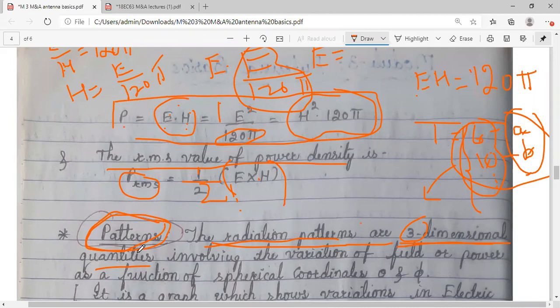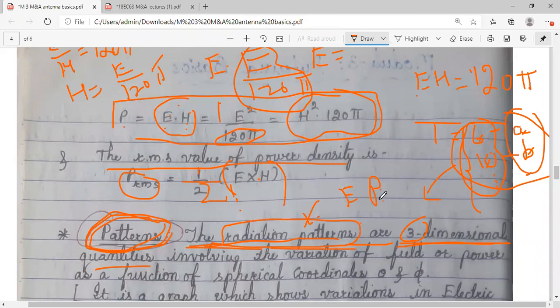Just like that, patterns will give you a lot of information regarding where your antenna is radiating, in which direction it is maximum, in which it is minimum, and many other pieces of information also. So the best way to analyze the behavior of an antenna is making use of patterns, and generally we call them radiation patterns. We have many different patterns here. Field pattern, that is, you analyze the field there. Then you have power patterns, in which case you go for power calculations.